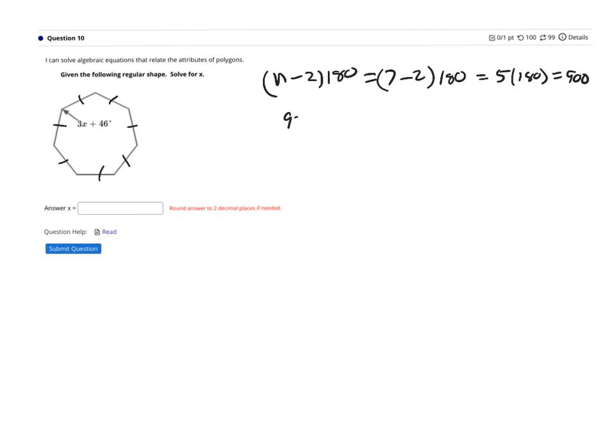So that would be 900 divided by 7 is equal to 3x plus 46. So what I'm going to do is in my calculator, I'm just going to do 900 divided by 7 and then subtract 46 from both sides. So subtract 46 and that will give me 3x. When I put it into my calculator, I should have